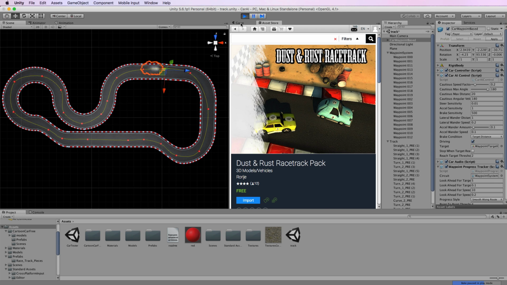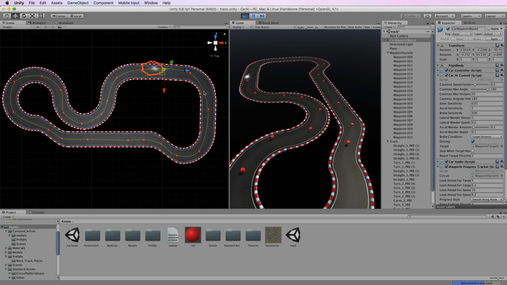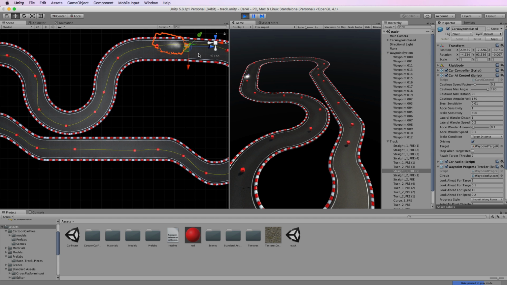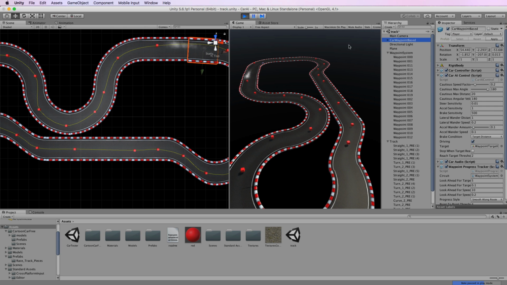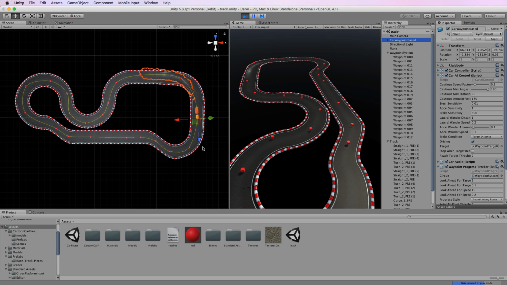Now, while I've been talking about that, I can see that my car has got stuck. So I'll just go down and have a quick look because I think I know what the problem is. Any track in this case, because I've just thrown it together and it's not flat, if it's got a mesh collider on it, it will stop your car. Now that's okay if you want your car to bump into the sides, but in this case I've kind of dodged this up. So I'm just going to turn off that mesh collider on that piece of track, and now you can see my car is continuing to go on its merry way,